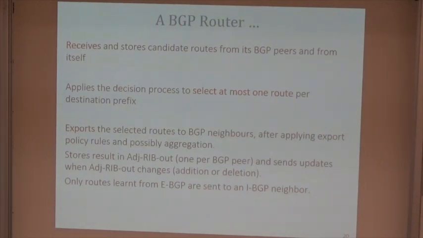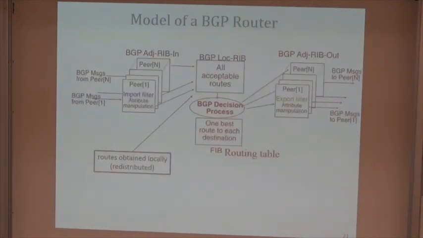In OSPF, all routers know of all the possibilities, and they each compute their best path based on all the possibilities. Here, all BGP routers know only of the best choices made by their neighbors, not of all the choices that they had. And as we have seen before, only routes learned from EBGP are sent to an IBGP neighbor to avoid